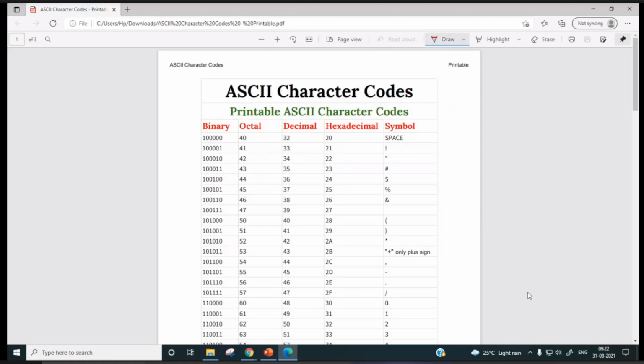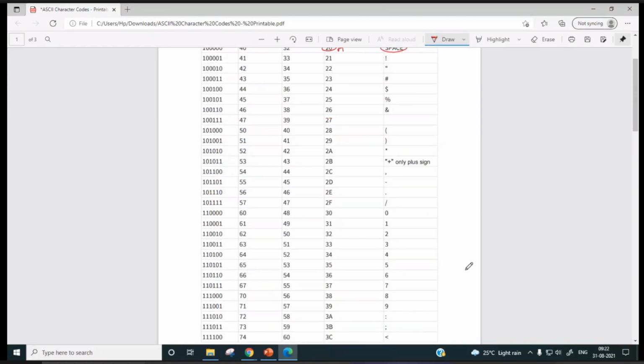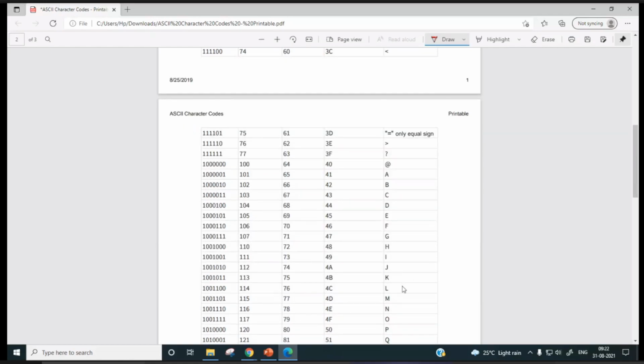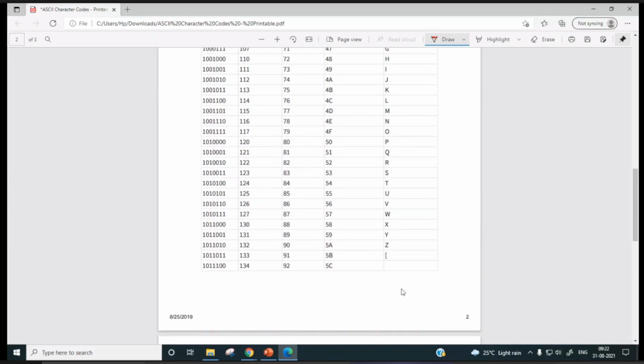So this blank character, you can see the corresponding hex code is 20H. 0 to 9, you can see 30 to 39. Capital A is 41, and capital Z is 5A. If you add 20 to this, then it becomes small z.